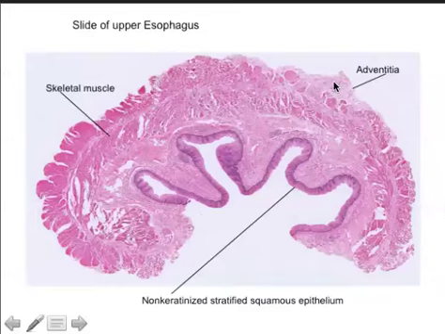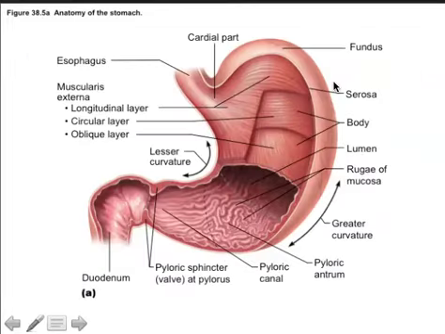Now, the stomach is a very important organ. It's where a lot of chemical and mechanical digestion takes place. And it's got several features. Now, I don't want you to confuse a feature with a layer. Okay, so let's hit the features first. This domed upper portion is called the fundus. This big curve right here is called the greater curvature. This is the lesser curvature. And then this area here where we begin to narrow is what we call the pyloric antrum, okay, which leads